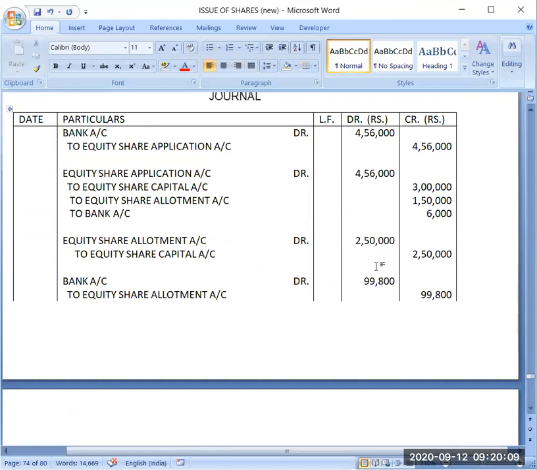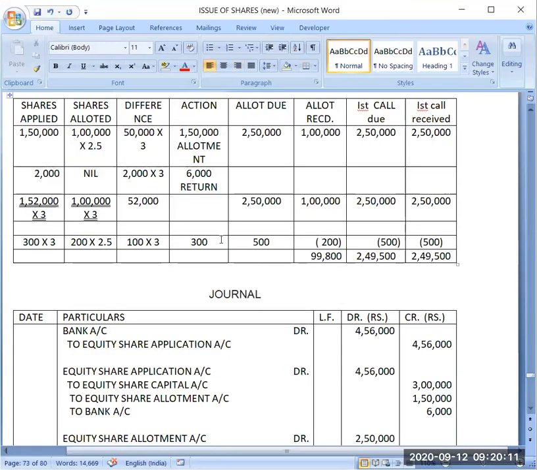Then second working note, I have to calculate how much excess I was having from these 200 shares on application. So that was rupees 300. Then how much money was due from them on allotment? Rupees 500, 200 multiplied by 2.5. And out of this 500, because I have already received rupees 300, that they have not paid to me. So that's why this 200 has been subtracted. That's why I am writing the amounts which need to be subtracted in brackets. So 1 lakh minus 200, I have received only 99,800.